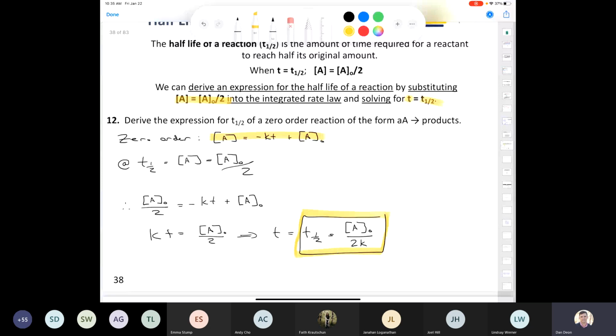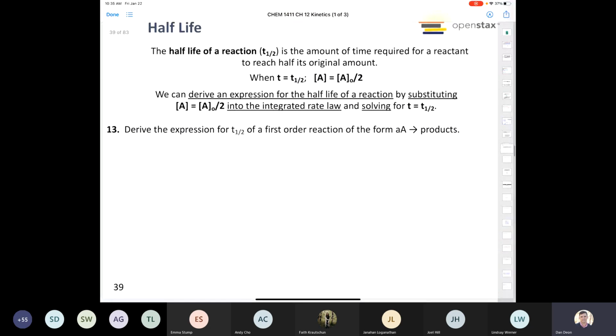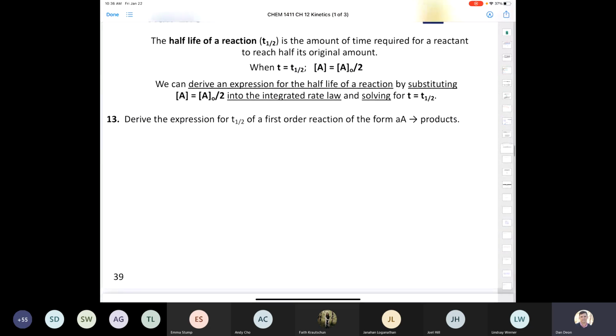Let's do the exact same exercise for a first-order and a second-order rate law. So let's try it for a first-order reaction. We do the exact same thing. It says derive the expression of a half-life for a first-order reaction. Well, let's start with the first-order